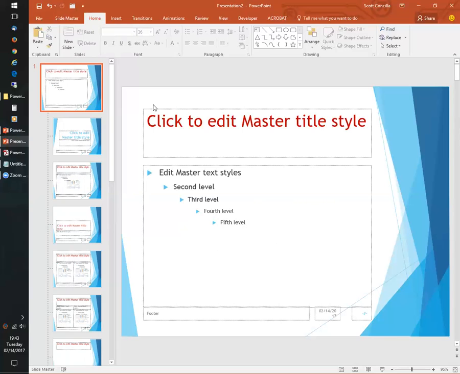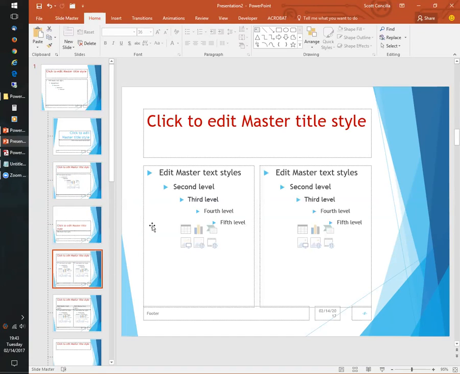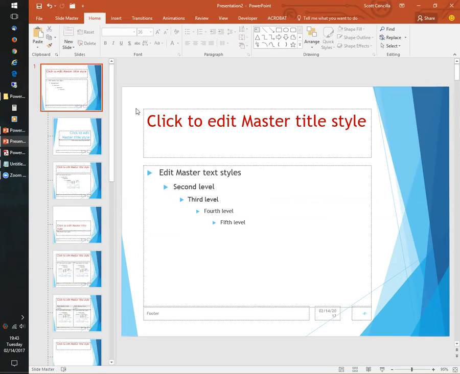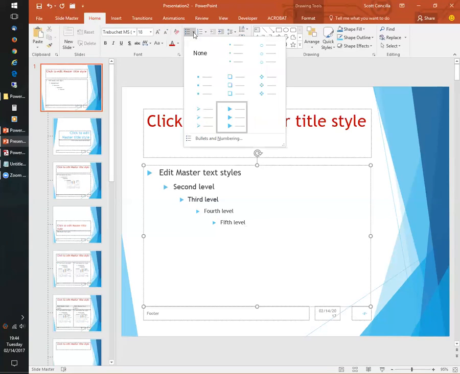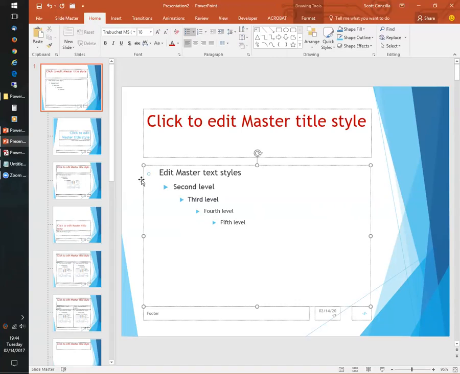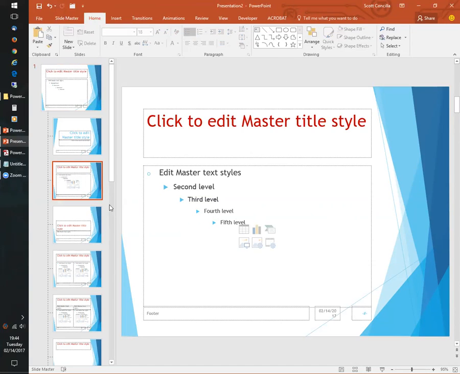All right. Same thing with the bulleted lists here, just to show you. Right now these are all using triangles and they're all blue. And again, any slide, any layout that's got bulleted lists on them are all using these little blue triangles. You know what? I want to do something else. So I'm going to click here and let's change it. Where's my bullets? Right there. And let's just change it to a circle. All right. Now, if I look down, look at that. They're all circles.